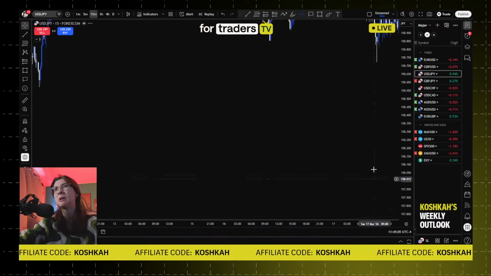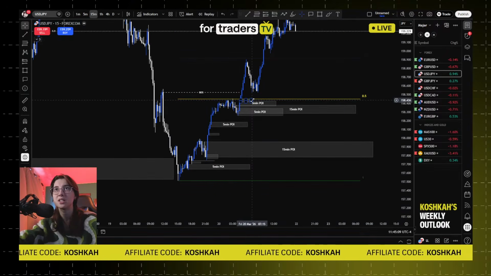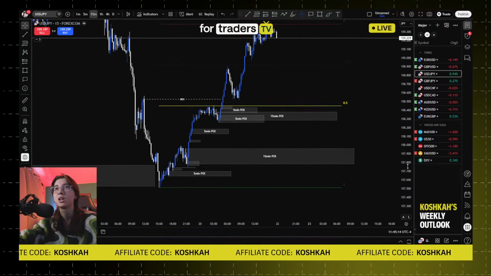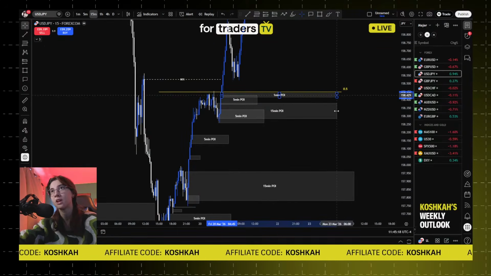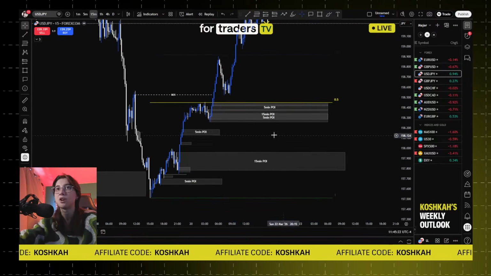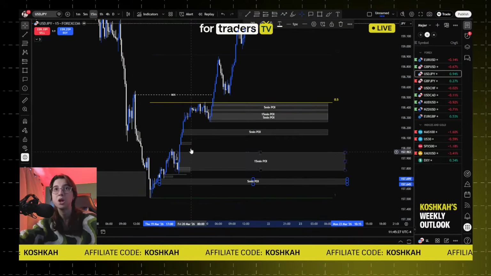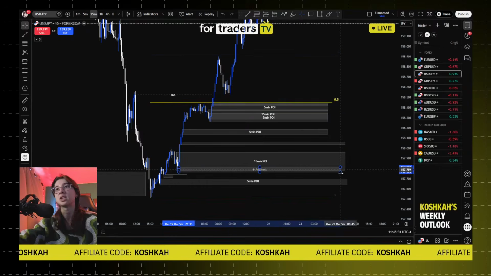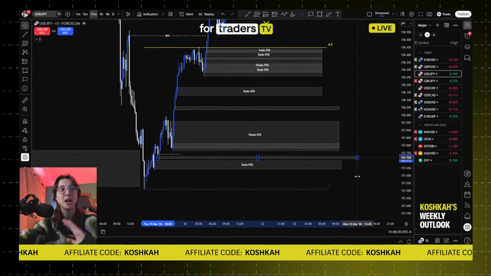Now you will tell me, why would you have so many POIs identified? What's going on? That's crazy. That's a lot of POIs. Are we not just supposed to take the most extreme one? And yeah, you can take the most extreme one. That's the first step. You always place your stop loss, your entry, and your take profit first from your extreme POI, which in this case is this 5 minute one right here. But you also have POIs before the most extreme one where price can react. The thing is, you're not going to be entering everywhere. You don't enter everywhere.